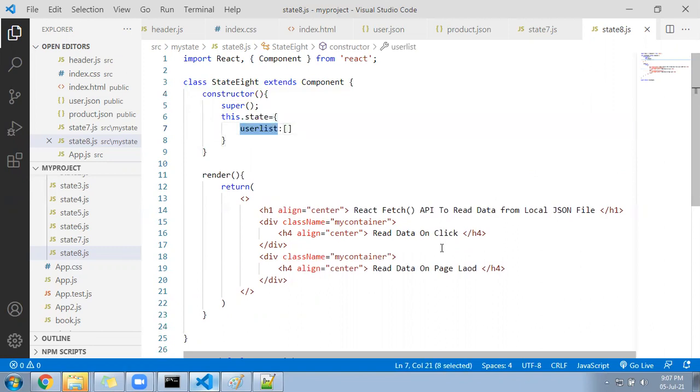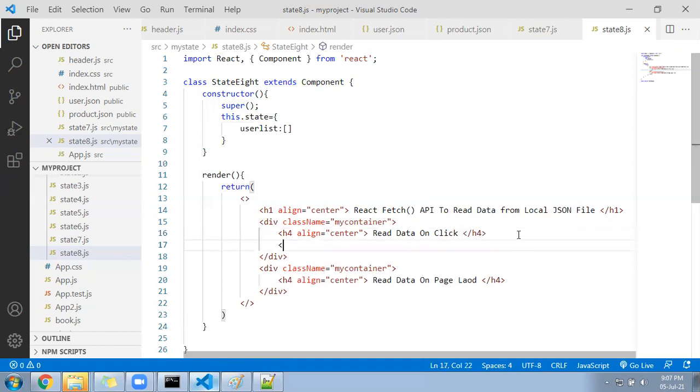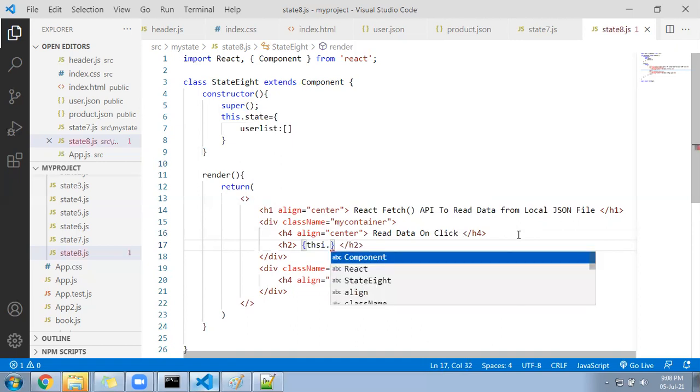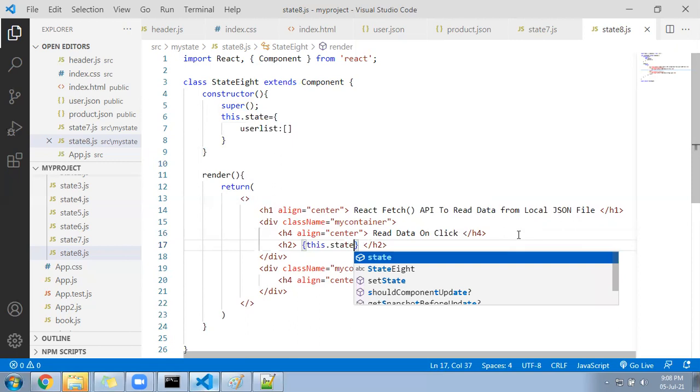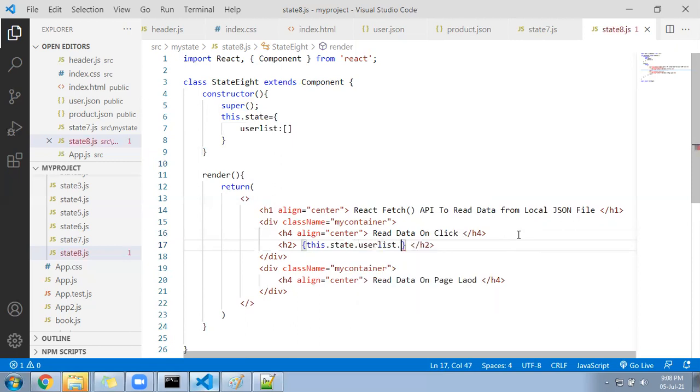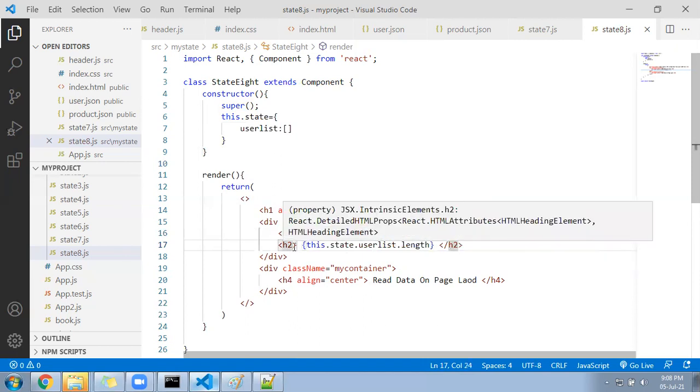Now I'll come down below, and here I will print the length of the array. Let me follow here h2, and under the h2 I'll try to print the length of the array. So it says this.state.userList.length. It will give me the length of the array.